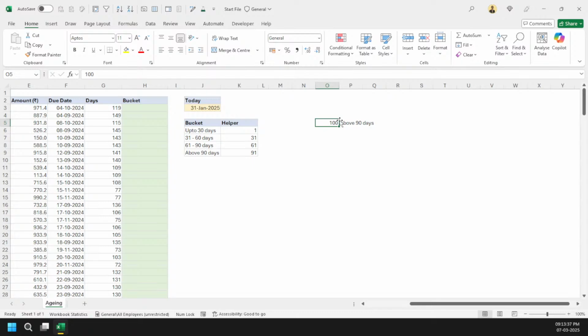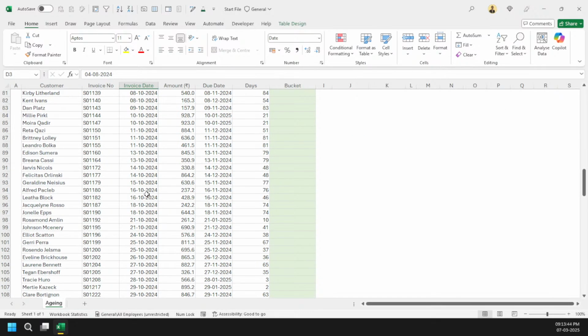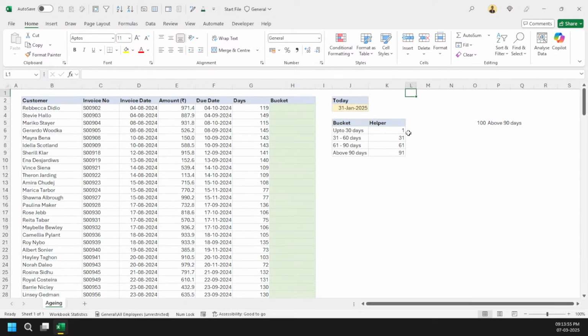So it can be something like, let's say these are my due dates, okay? These are not my invoice dates. Invoice dates are these. What can happen is tomorrow I can issue my bill around January, but the due date can be April as well, right? So what will happen? The days will go negative. What will happen in those circumstances? So let's say I've got 50, it will throw me an NA error, right? The reason being that I'm starting from the first. There is nothing behind it.